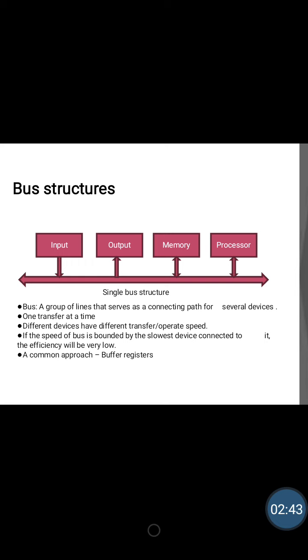For example, consider input unit and memory unit. If input unit is inputting the data and storing it in memory, that can be done by using the bus. At that time, output unit cannot do anything or processor cannot do anything because the bus which is connecting the output unit, processor, input unit and memory is the same. That's why one function is under process. Which function? Inputting of the data is there and storing is done in memory. That's why two units are active, input unit and memory unit are active.